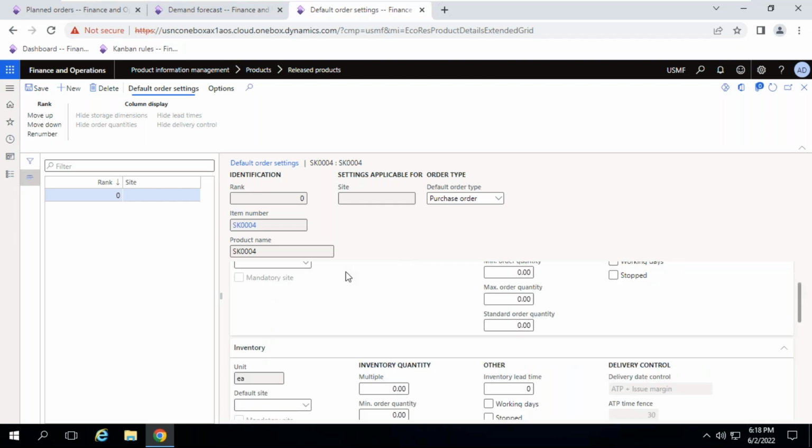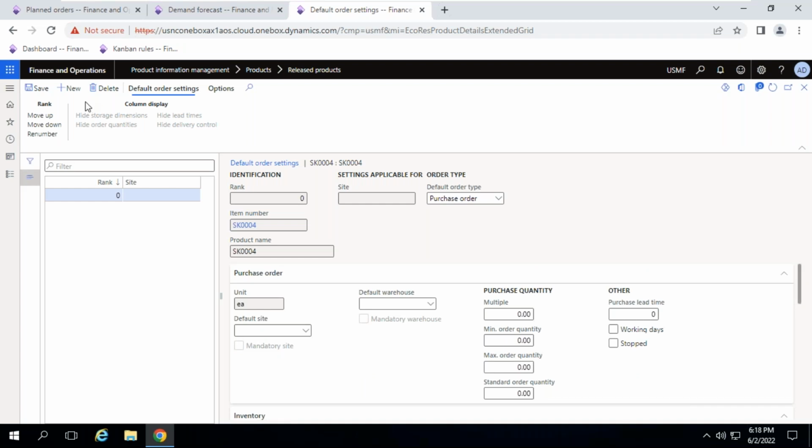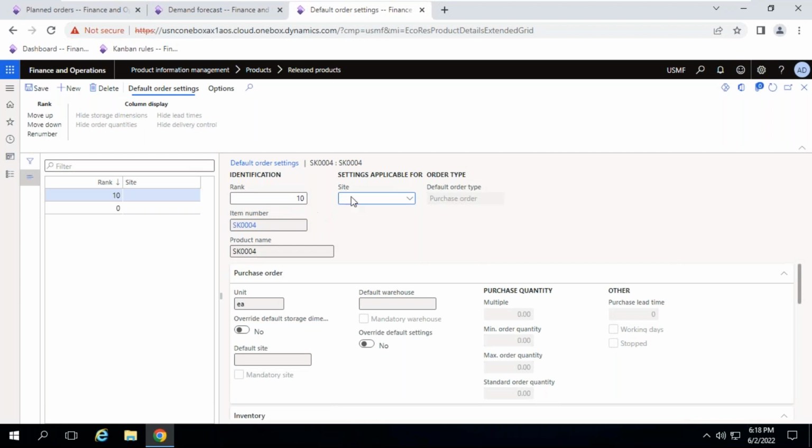Okay, in case, we have one more option. Suppose I'm clicking new. So for site 1,